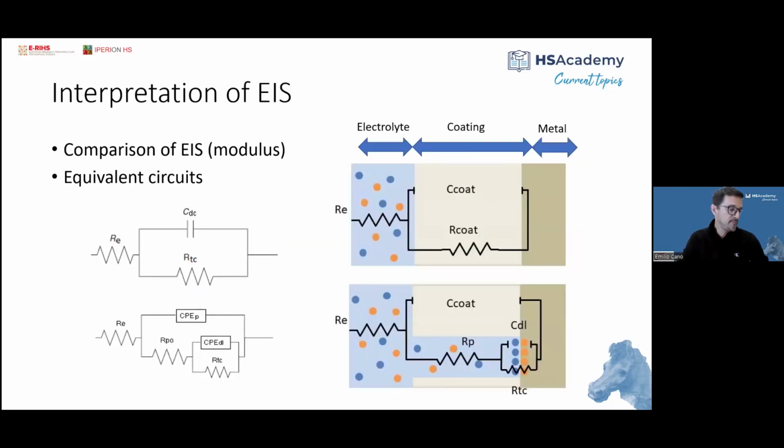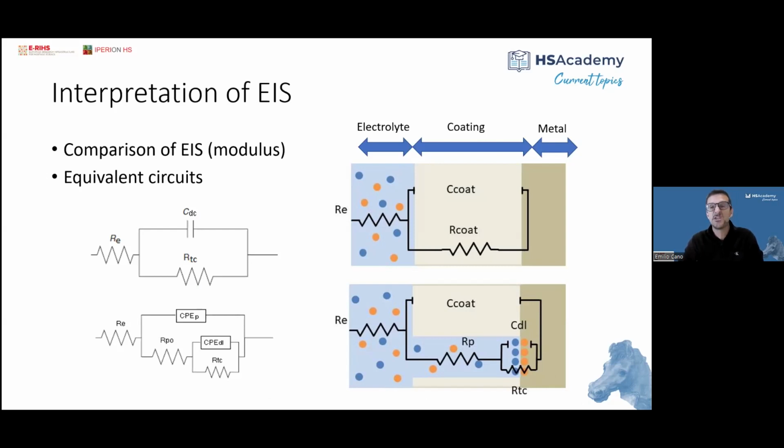If we want to go deeper and really want to get into trouble, we can use equivalent circuits for the interpretation of the results. Equivalent circuits are electrical circuits that are used to fit our data, and in which the different elements we put in the circuit represent the electrochemical response of different elements in our system. For instance, you see the most simple one, in which we have